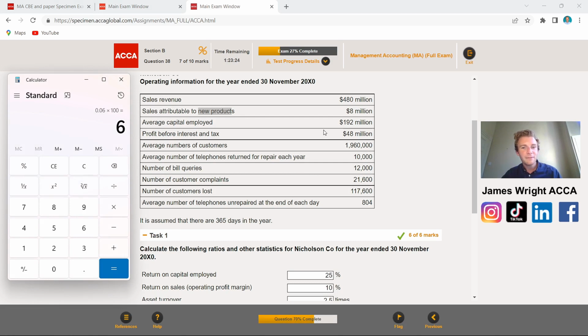And that $8 million is actually part of the overall sales revenue. That's where we want to work out the percentage that it actually fits in. So 8 million on here, I'm just going to do the whole figures, not take off any zeros to confuse anyone, divided by the full 480 on there, multiplied by 100, and this is where we get an answer